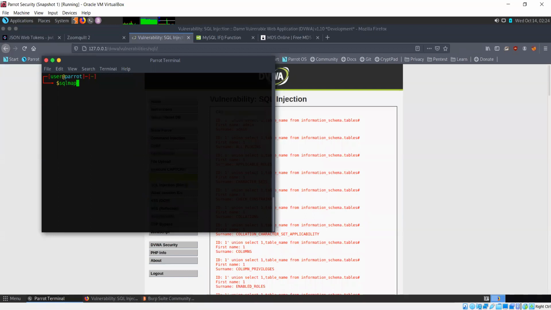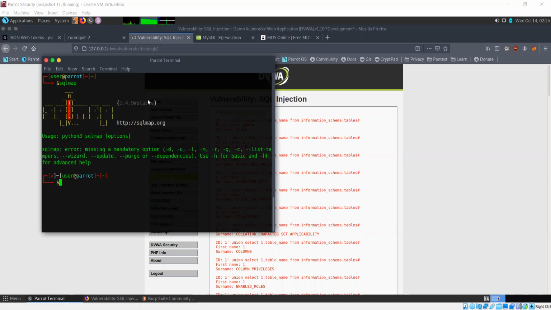SQL map is a tool used for automated SQL injection attacks. So you don't need to do much here, and the tool will mainly do everything for you.